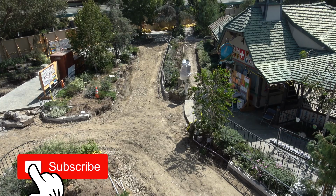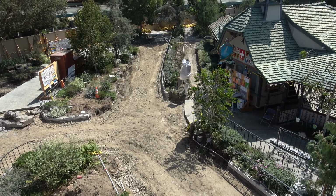Matter of fact, they used to have it wrap around both sides. You remember that? When it was left side and right side, one queue would wrap around the Nemo side of the mountain, and the other queue, the Fantasyland side, would wrap around that one, and you'd have 2 queues. That wasn't that long ago. That was just a couple years ago. So I feel like that is way more, I mean, it's not sexy, but it certainly is more economical from a guest space point of view,